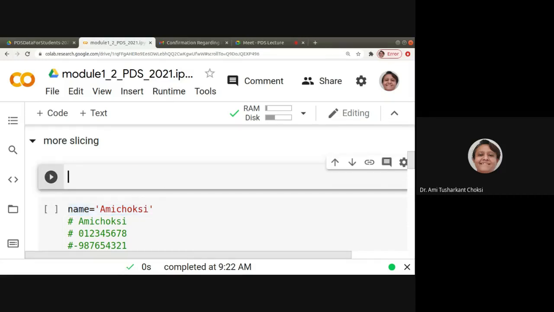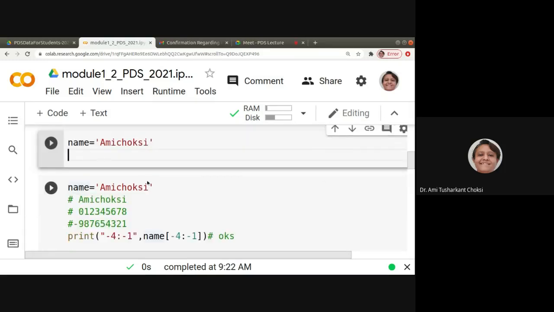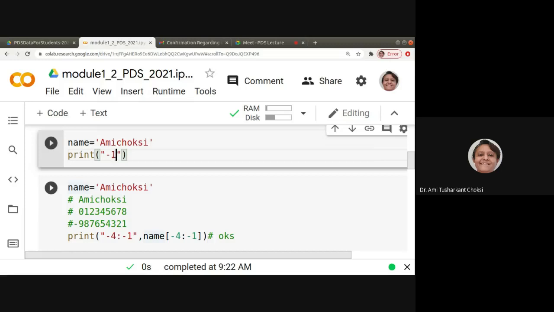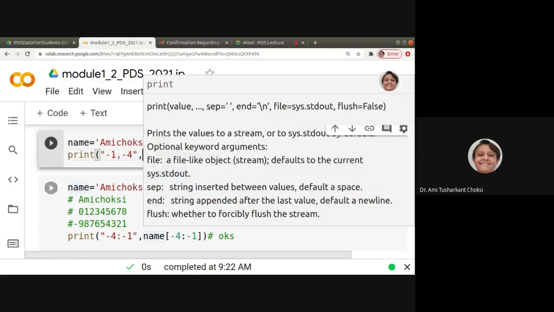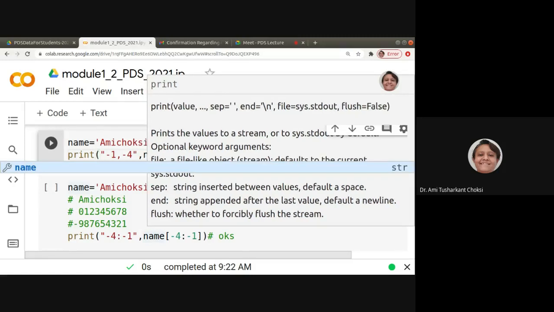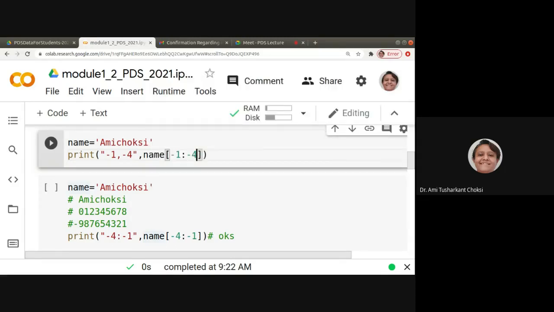Now I want to have the slicing, that is -1 -4, comma, name of -1 colon -4.